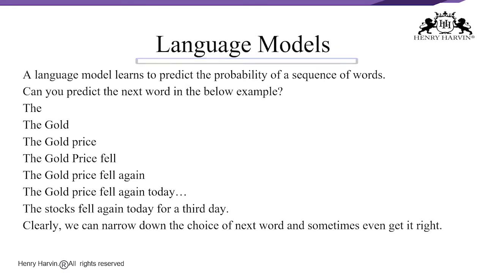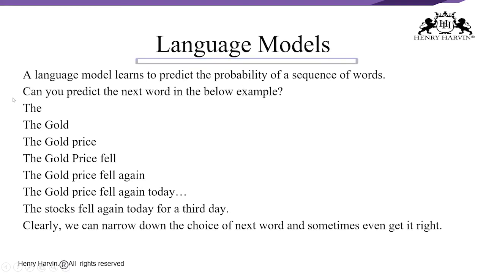Language has layers of meaning. Language changes from context to context. Language changes from sentence to sentence, author to author. If I speak, it could be related to my domain, or when somebody else speaks, it could be related to his domain. So sentences are also harder to label. A language model learns to predict the probability of a sequence